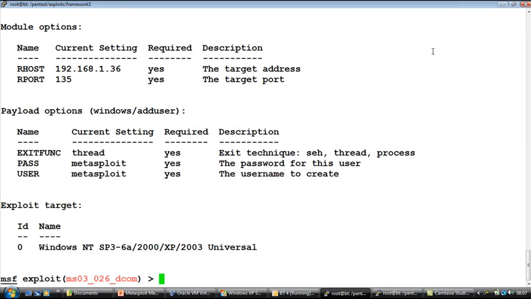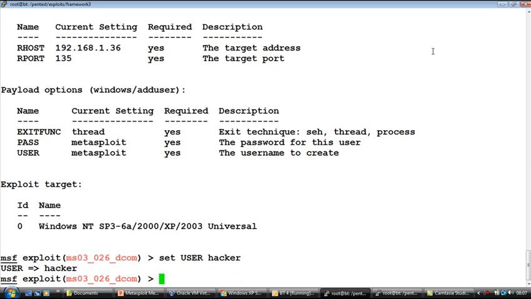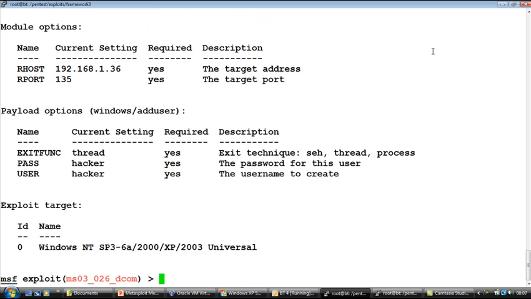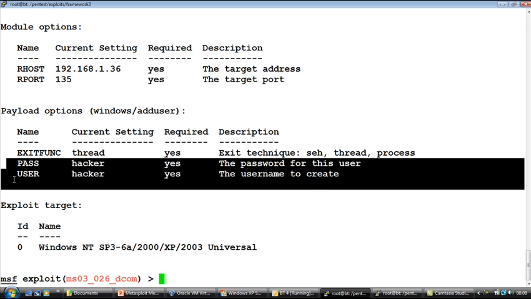We can go back here and set the value of user to hacker and set the password for that also as hacker. Now if we go ahead and do a show options, you would notice that the new values have been set,